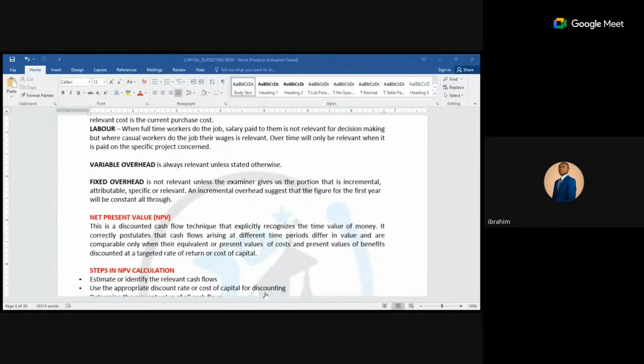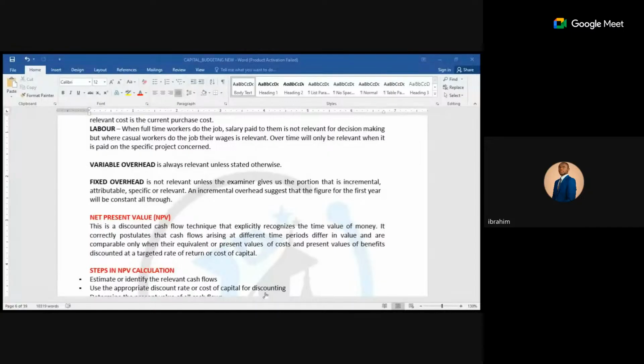When you have your net cash flow, of course, they need to pay tax. When you remove the tax, you have your net cash flow after tax. If there is tax savings on capital allowance, if they dispose the assets, if there is sales proceed, if there is working capital, you take that into consideration. Then you have your present value, your balance. We'll look at that. After that, you discount it, right?